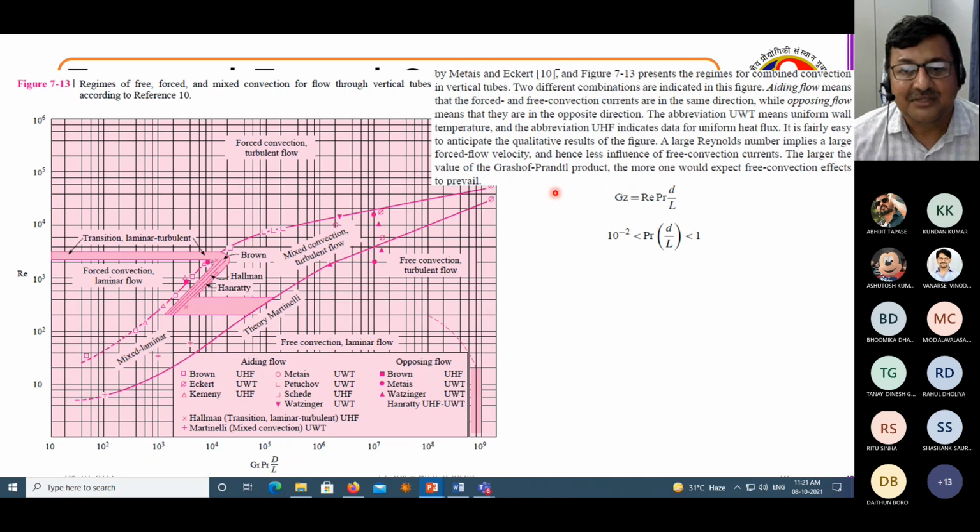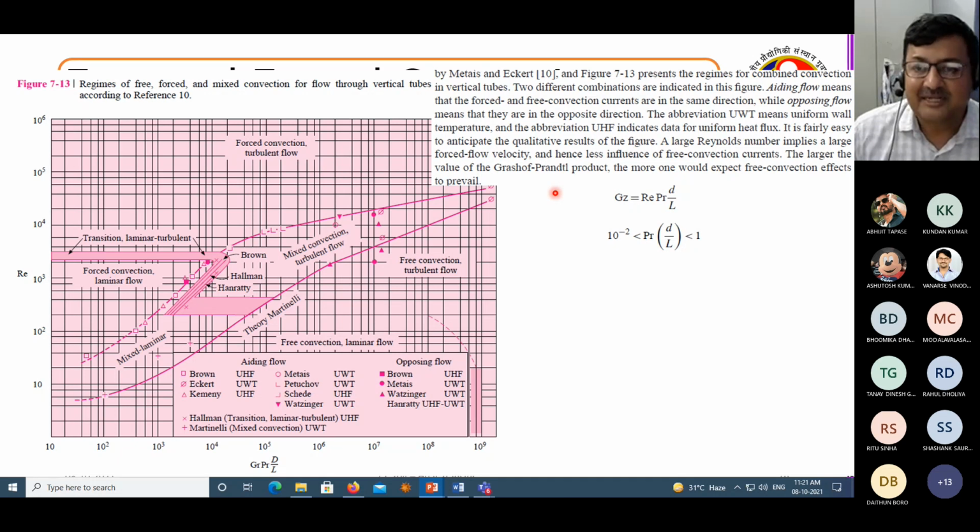Right now, you see this particular plot. This is an ideal system. That's why I wanted to tell you about data analytics a little bit ahead of this slide. You see the vertical axis is the Reynolds number, and the horizontal axis is the Graetz number, but you can anticipate that Grashof number times Prandtl number is your Rayleigh number, right?